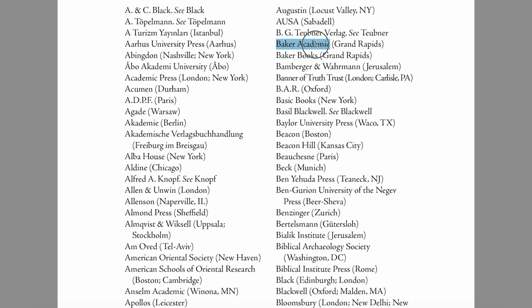The first part is the shortened name of the publisher that you should use, and the second part, that unfortunately confusingly is in parentheses, is the city, the location, and basically it's telling you whether or not you need to include the state or if you can just include the name of the city by itself. So those are a couple helpful sections right before you get into the other parts, the actual paradigms. But if we want to look at the paradigms,